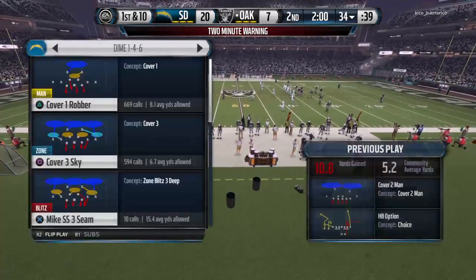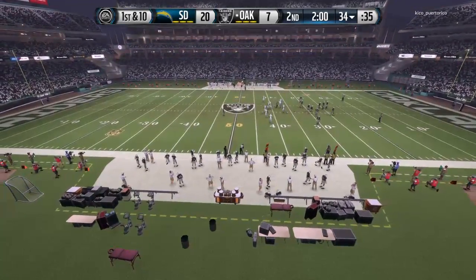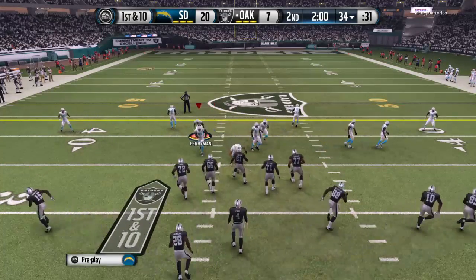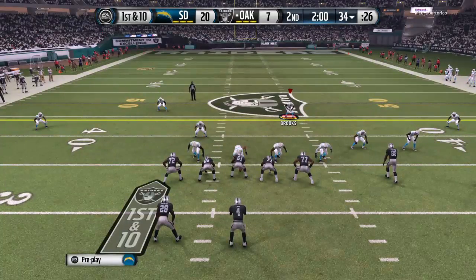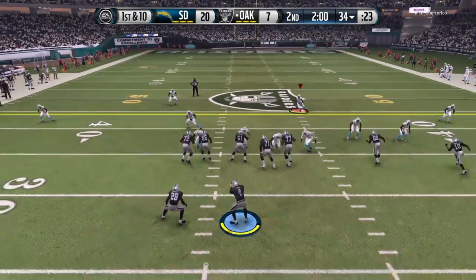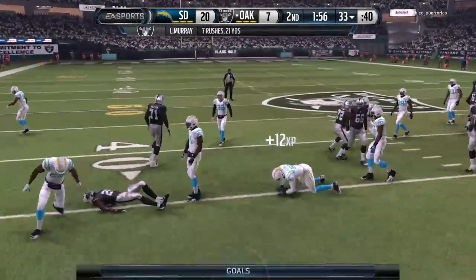Two-minute warning. At the 34, 66 yards from pay dirt. The Chargers sat at the line. Dime package. First and 10. Here's the handoff. Alexander's all over the